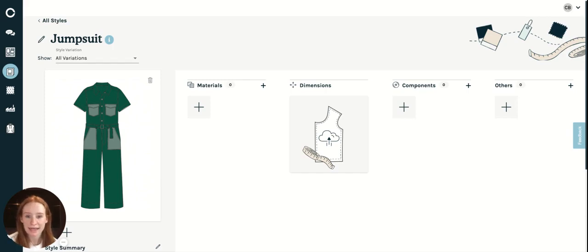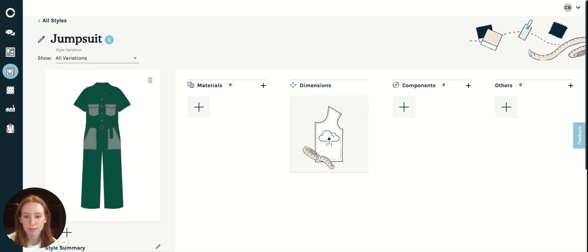Welcome to the TechPack area. Your TechPack is where your factory can see a breakdown of your style, which includes components, dimensions, materials, variations, and other information. In this video, I will be demonstrating how to set up a TechPack, adding materials, components, dimensions and construction, variations, and style codes, how to upload your dimensions table, and how to set up a TechPack from